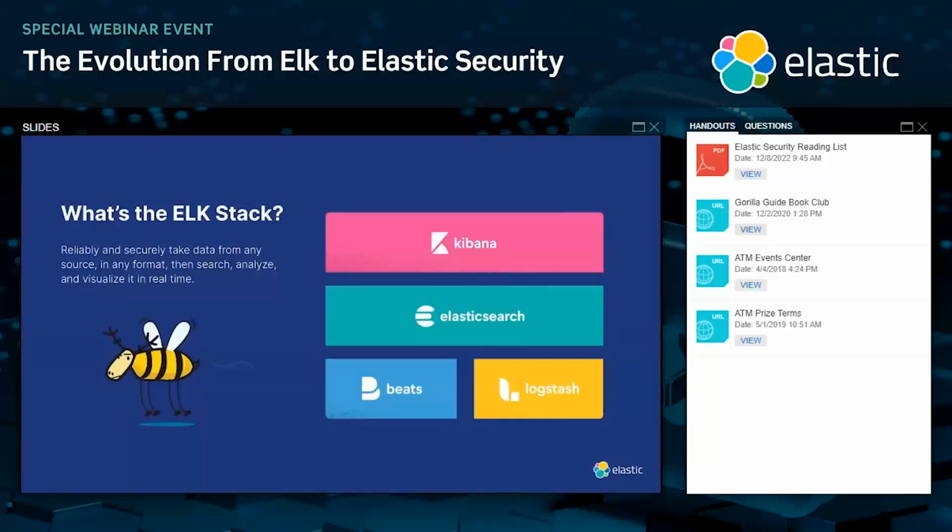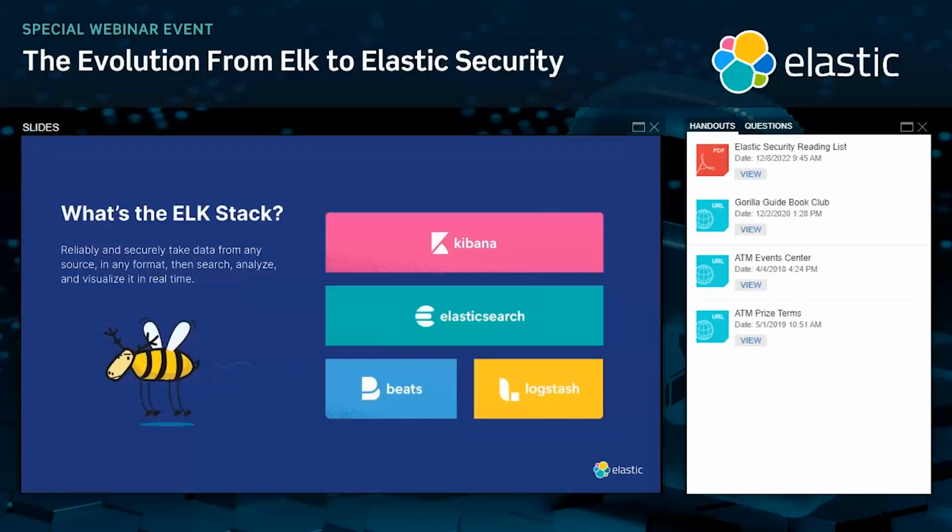The ELK stack became popular as a set of different products that work very well together for different use cases, going from logging to metrics to security. The core is Elasticsearch, a horizontally scalable, very fast search engine. Kibana is the user interface.